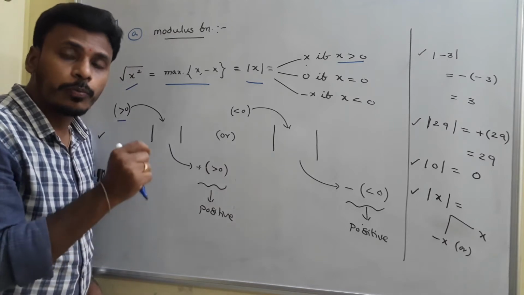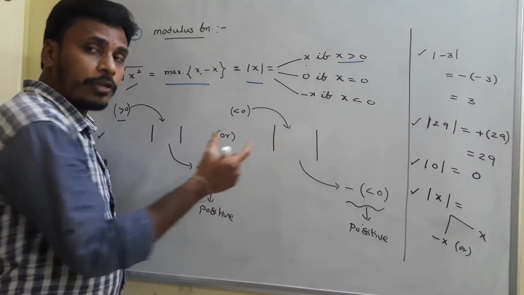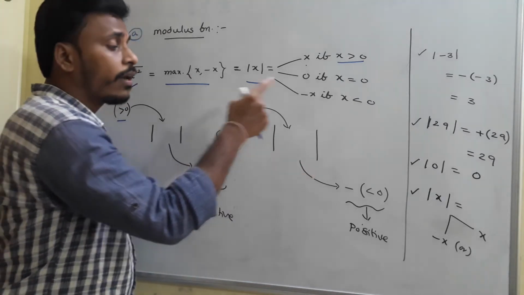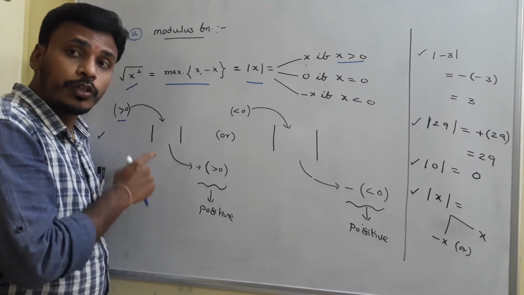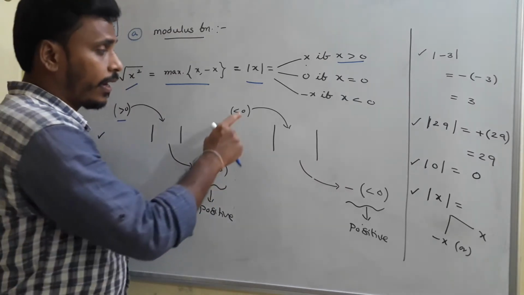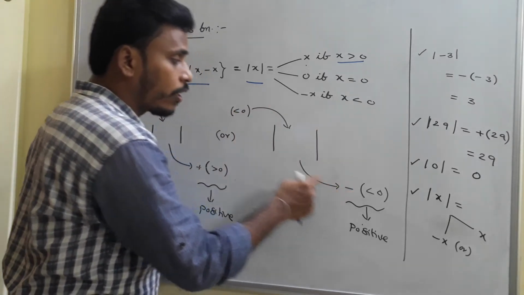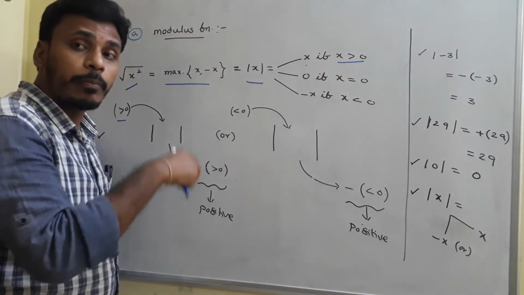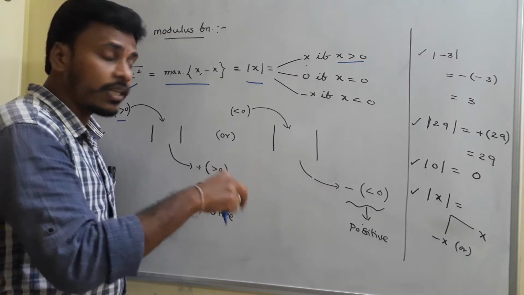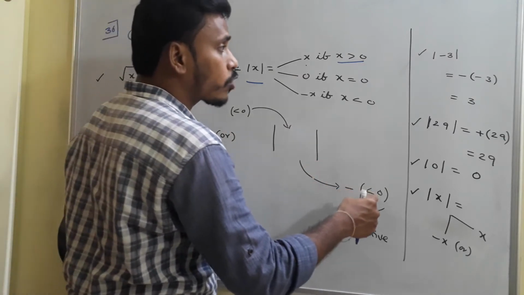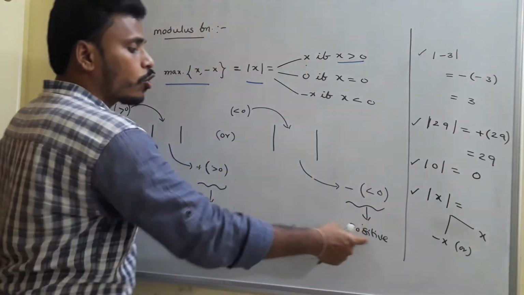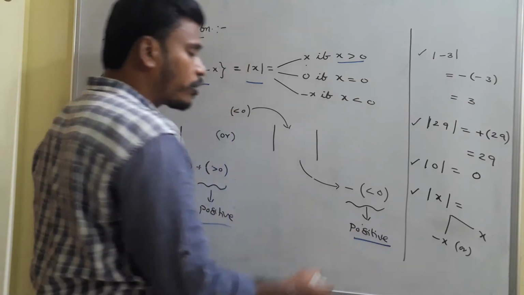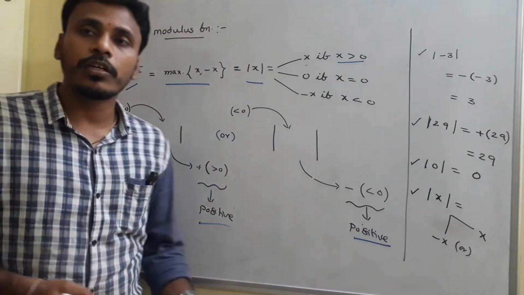Whereas, if your input is negative, this modulus machine, modulus function multiplies that negative input with a negative sign. Positive input with a positive sign. Negative input with a negative sign. So if you give a number like minus 3, it is a negative input. It multiplies that negative input minus 3 with minus sign. Then it becomes minus of minus 3. So it is 3. So again it is positive. Ultimately, if your input is either positive or negative, the ultimate output is positive.